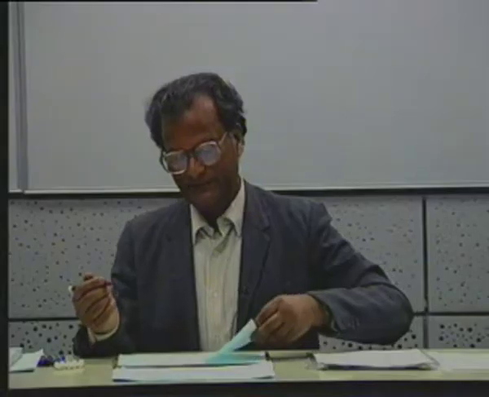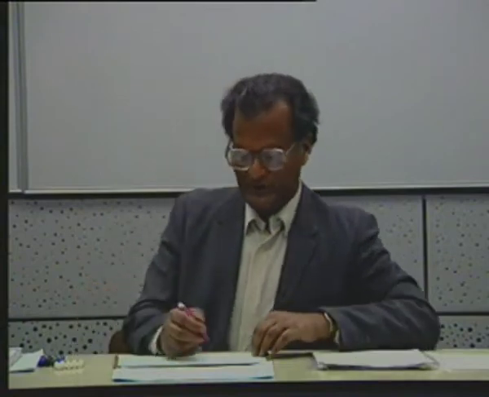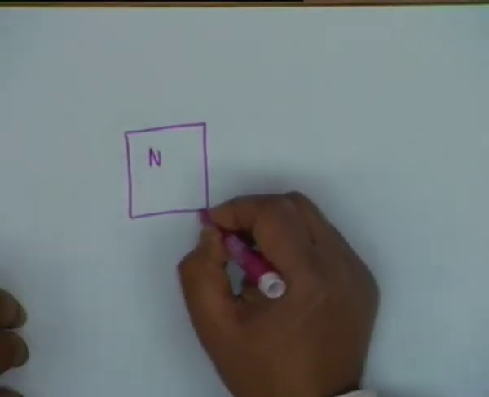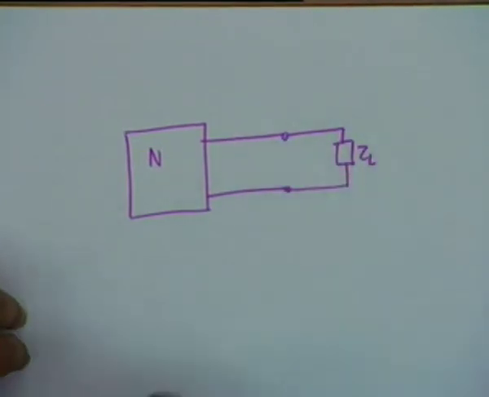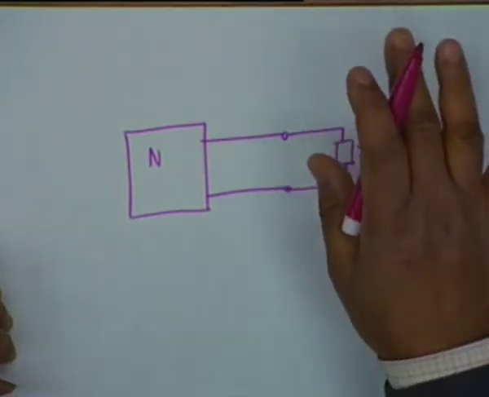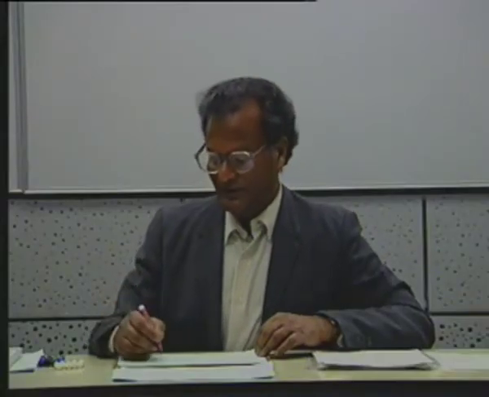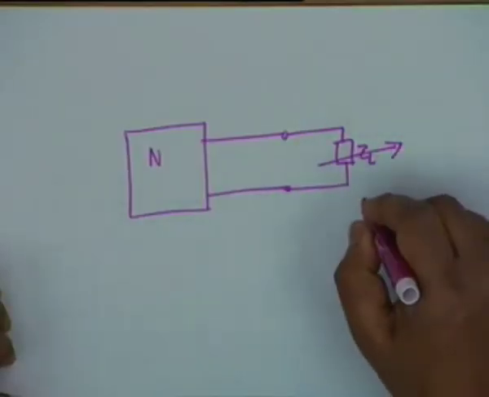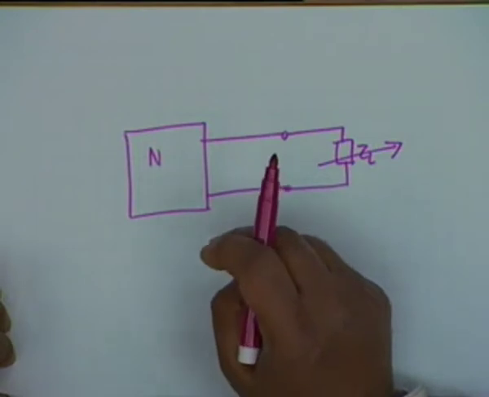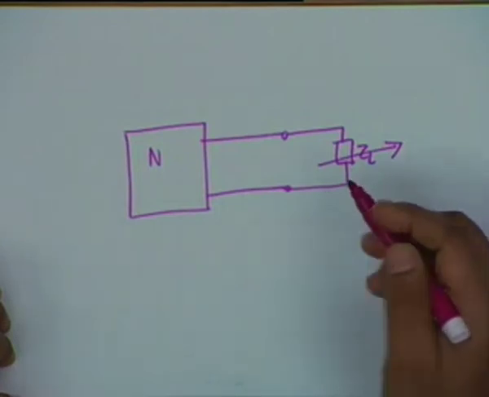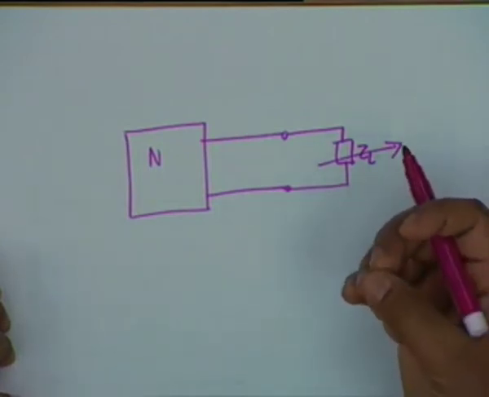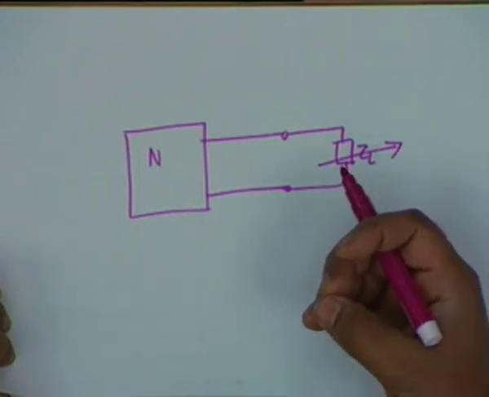The point is, if you have a load to be connected to the network N, let us say ZL, we ask the question: under what condition, if you have a load ZL which varies, and the network is fixed, the network contains sources and inductance, capacitance, resistance, will the load absorb the maximum possible power from the network?